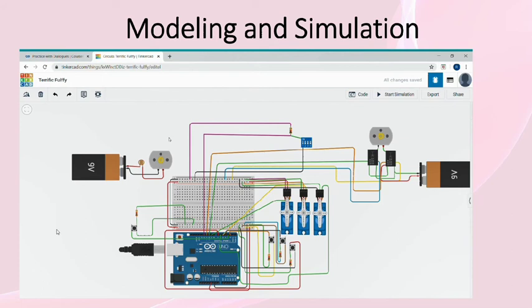This is our circuit. The components involved in our circuit are one Arduino UNO, 4 push buttons, 5 1 kilo ohm resistors, 3 micro servos, 2 9-volt batteries, 2 DC motors, 2 relays and 1 switch. We have 3 subsystems. One is meant for restoring of the ball, the other is meant for movement of the conveyor belt, and the third one is meant for the movement of slots. Let me simulate the circuit.